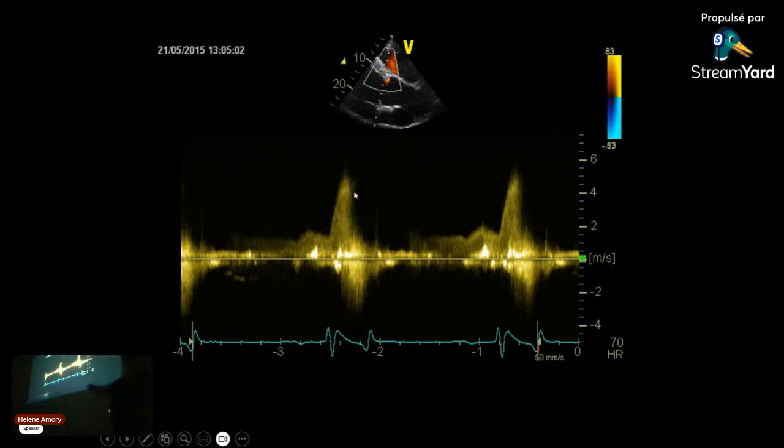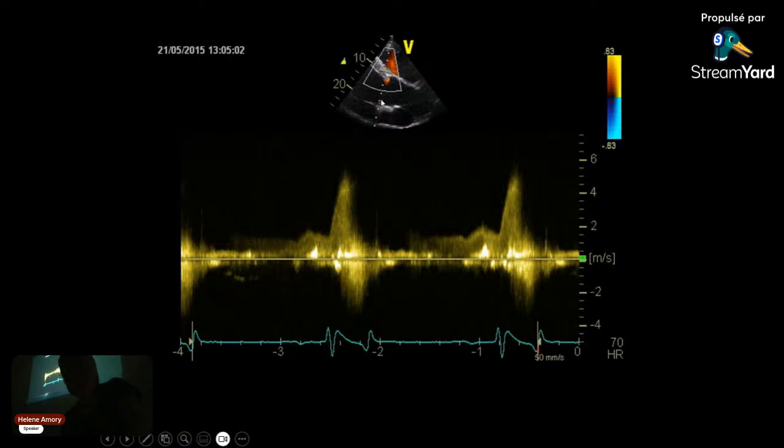You remember this afternoon we had a flow which was laminar, and I said you have an envelope. You have a lot of red blood cells flowing in the same direction at the same speed at the same time. And then we have a signal, and inside of the signal we have no Doppler signal. In this case, it's different. You see that there is a turbulent flow, there are red blood cells going at different speeds at the same moment. And it gives a signal like this one, okay?